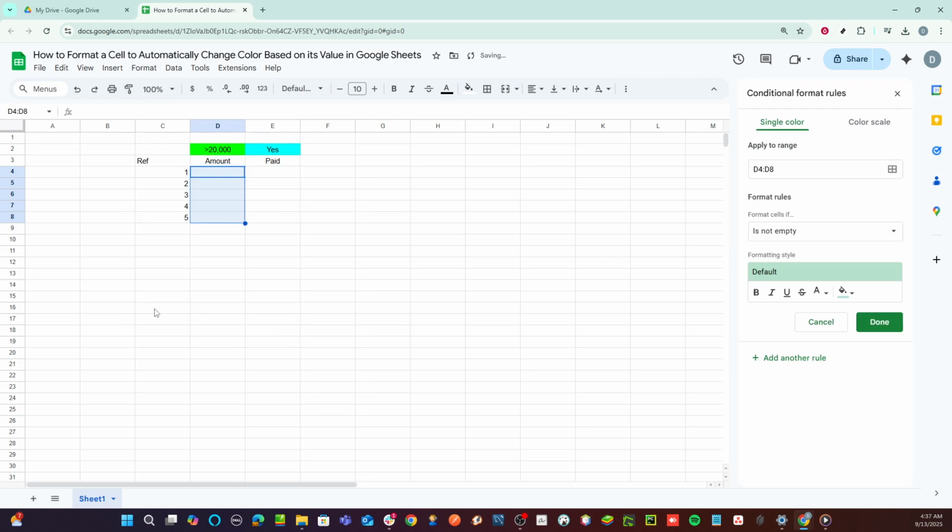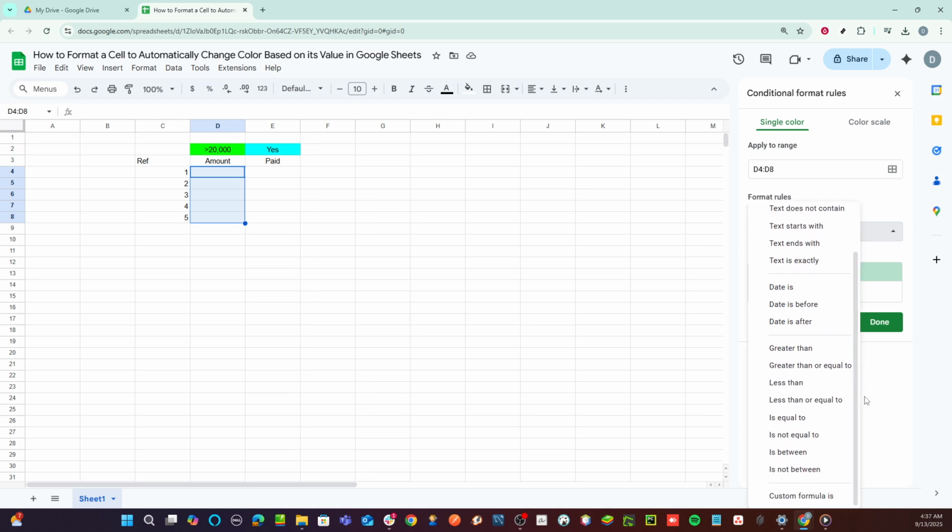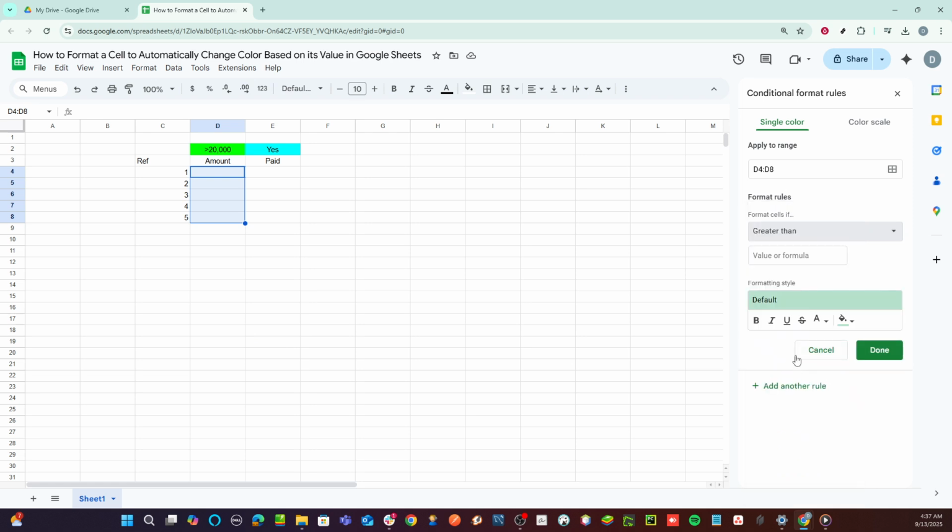In the Conditional Formatting panel, under Format Rules, you'll see a drop-down list. Click on this drop-down, and from the options, select Greater Than. This allows us to specify a condition for formatting. You'll be prompted to enter a value. Here, type in 20,000. This means any cell within your selected range that has a value greater than 20,000 will